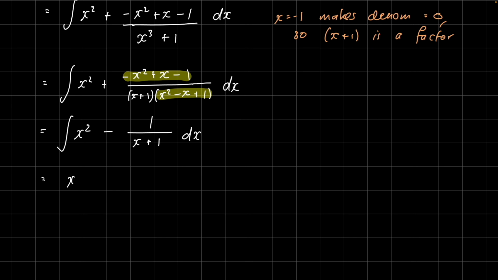So it's going to be x cubed over 3 minus the log of the absolute value of x plus 1 plus a constant. Okay, so we'll do partial fractions in a separate problem because it just gets a little bit messy. So we'll start on a new one, and this time we'll look at what happens if we have to use partial fractions. So for our next example, we're going to do